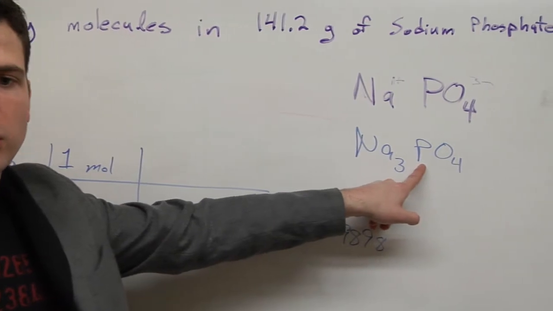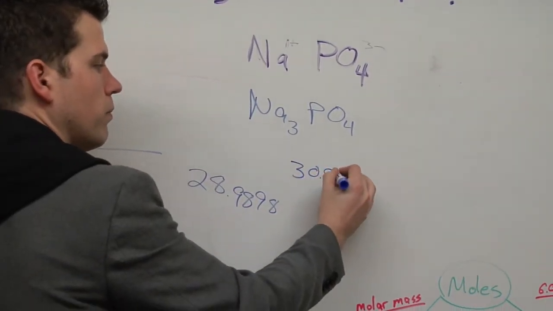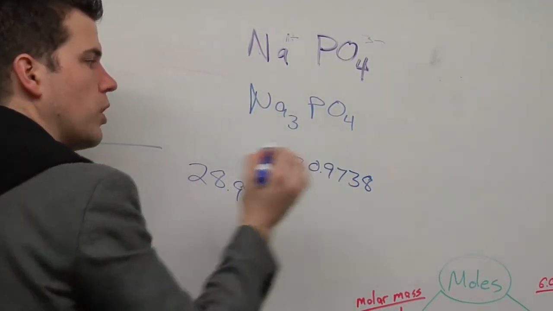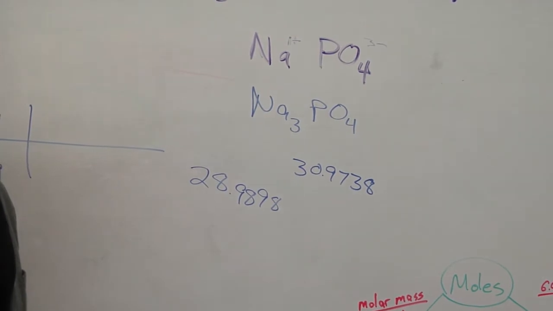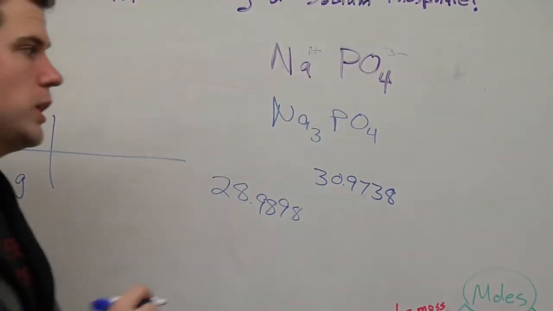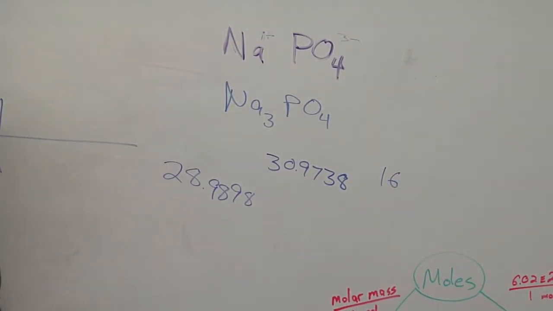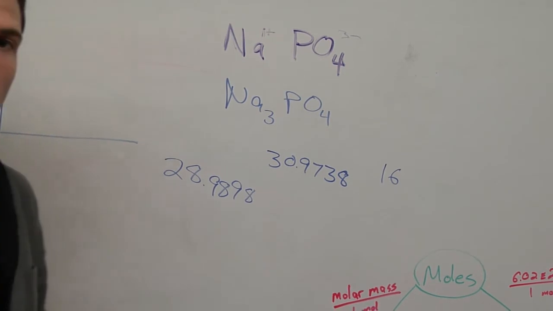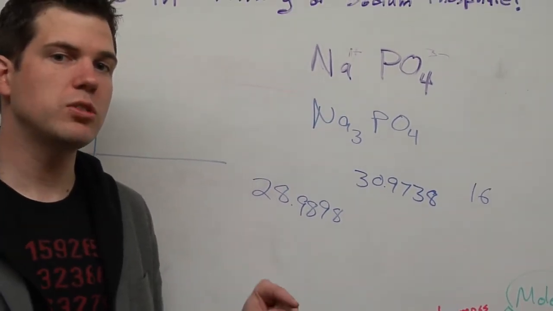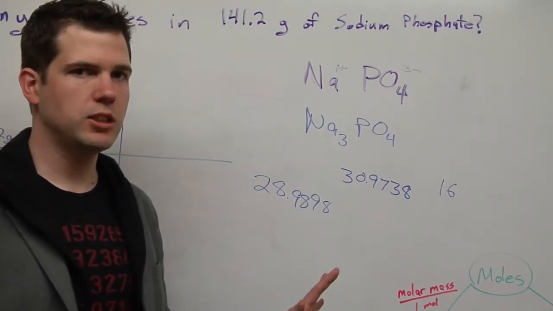Back to phosphorus. This is 30.97. If we want a tad bit more accuracy, we can harvest those last 2 digits from the periodic table. And then oxygen, turns out that one's actually pretty sweet. It's a simple 16. So when you calculate the molar mass here, always type in the entire thing all at once. It's tempting to use the A and S button on your calculator, but I find it's much easier to just go